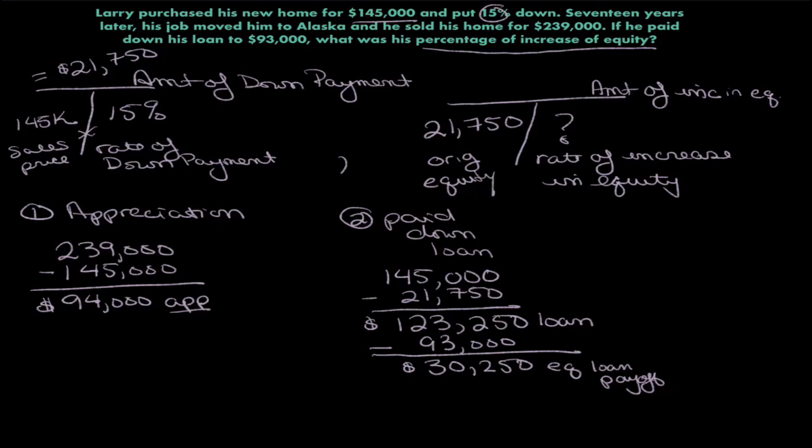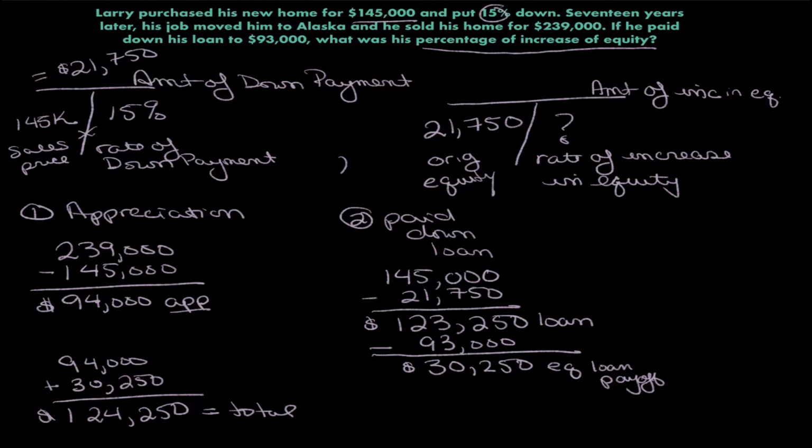So we'll add those two numbers together. $94,000 plus $30,250, and when you do, we're going to get $124,250. This is the total new equity. This is the new equity that Larry has. So that's the increase in equity. So we'll put that $124,250. We're comparing our new equity to our